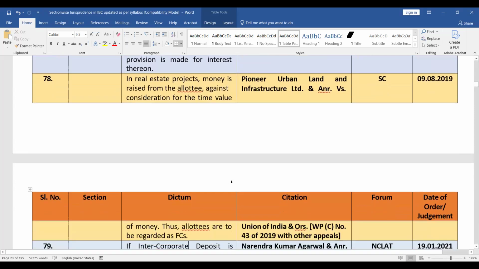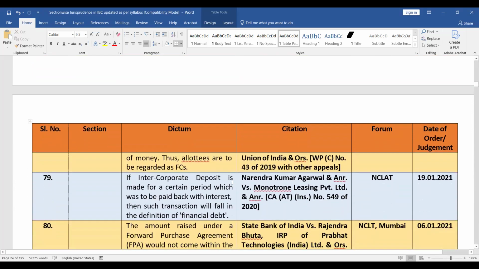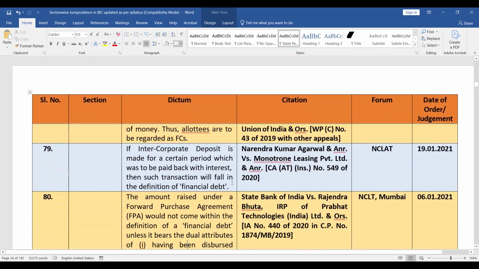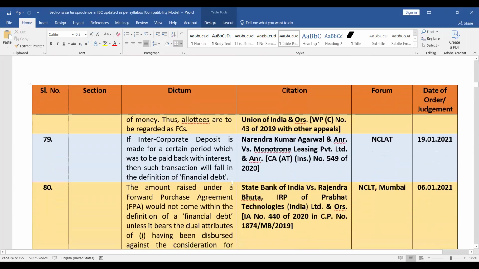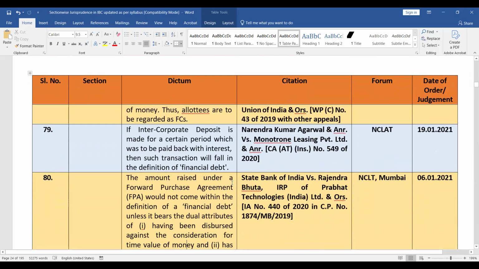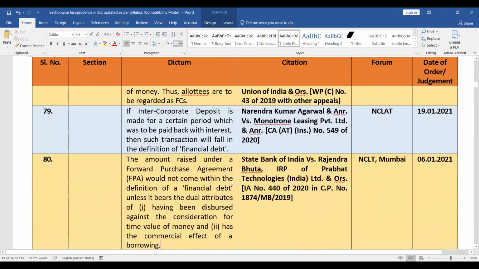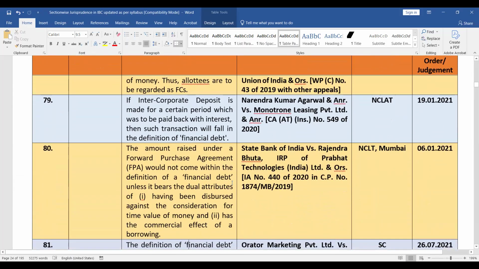रियल एस्टेट प्रोजेक्ट्स में मनी रेज फ्रॉम द मोलॉटी, अलॉटी इज द कंसिडरेशन फॉर द टाइम वैल्यू ऑफ मनी, तो ये होम बायर में आ रही है। अच्छा, इंटर कॉर्पोरेट डिपॉजिट्स में क्या होगा? इफ इंटर कॉर्पोरेट डिपॉजिट इज मेड फॉर अ सर्टेन पीरियड which was to be paid back with interest, then such transaction will fall within the definition of financial debt।